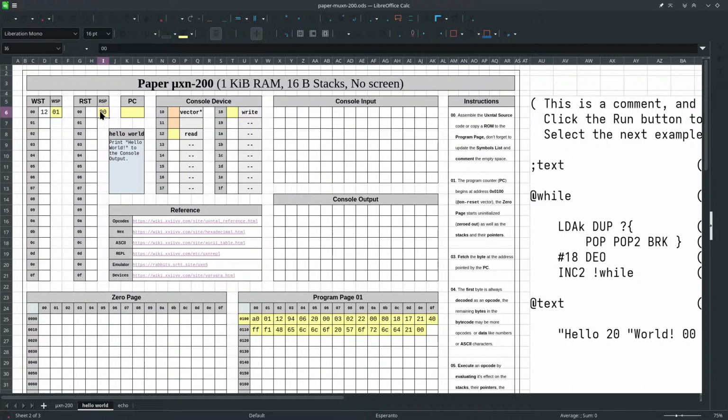Okay, now this is the program counter, and this one is 2 bytes in size. Okay,